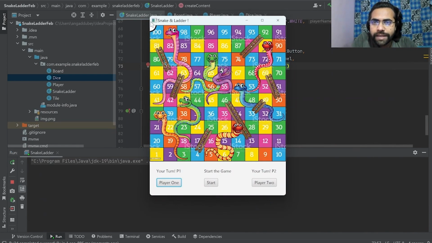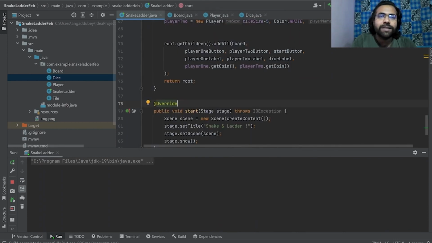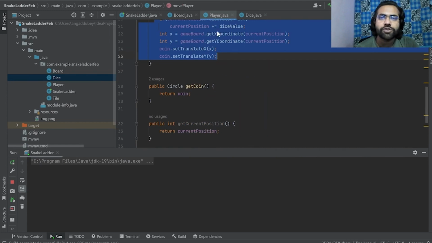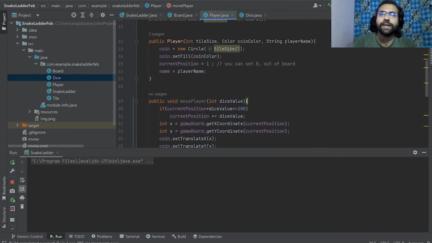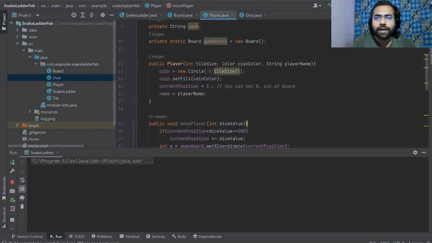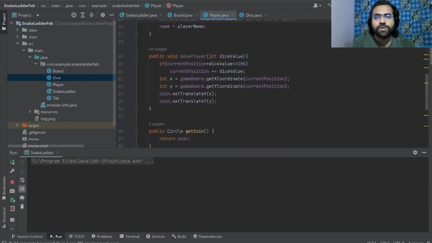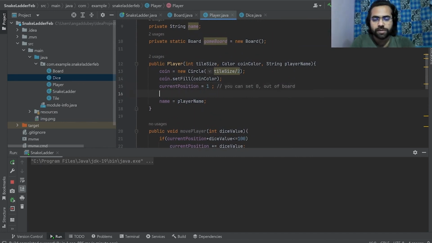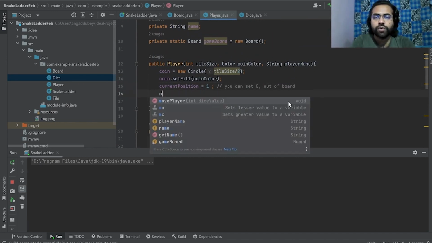Okay, it is here somewhere outside, right? Not here. Why is this so? Because we haven't moved it in. So let's do that here in the constructor. As soon as the player is created and their position is assigned, I'll call this method move player as well, so that they are translated to their exact positions. So move player,